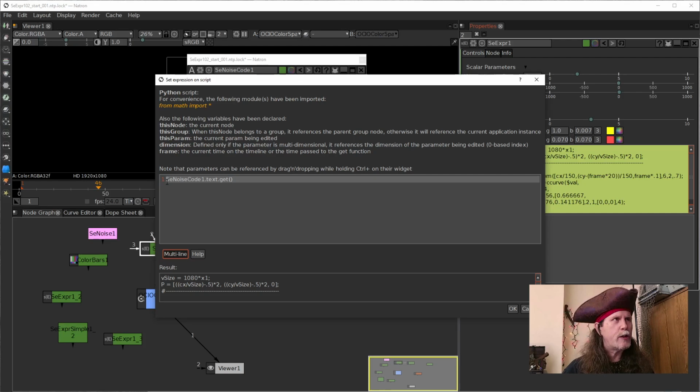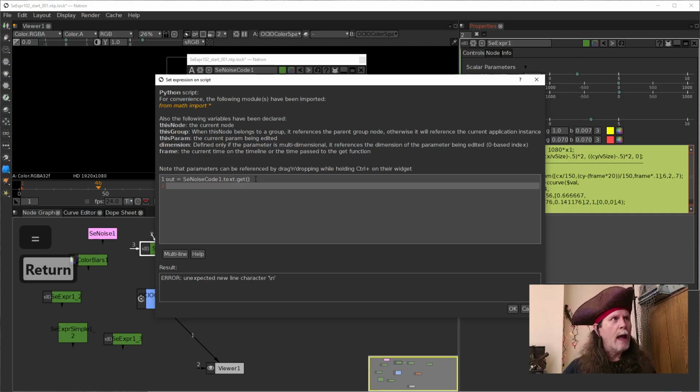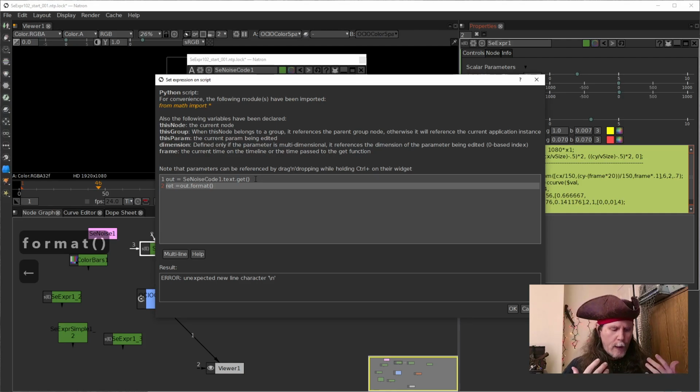So the first thing we need to do is assign this to a local variable, so it will constantly pull that text. So I'm going to just call it out equals that. I'm going to tell it that this is a multi-line text, all right? And then I want to RET for return equals out. And then on my out, I want to format the output, so format, and then we format it by putting that stuff in parentheses, and then we put in what we're going to format it to